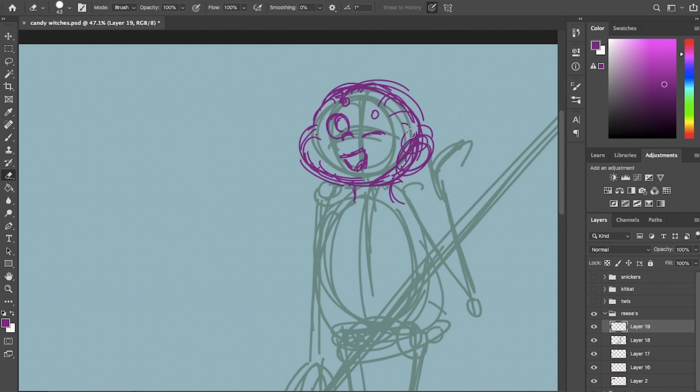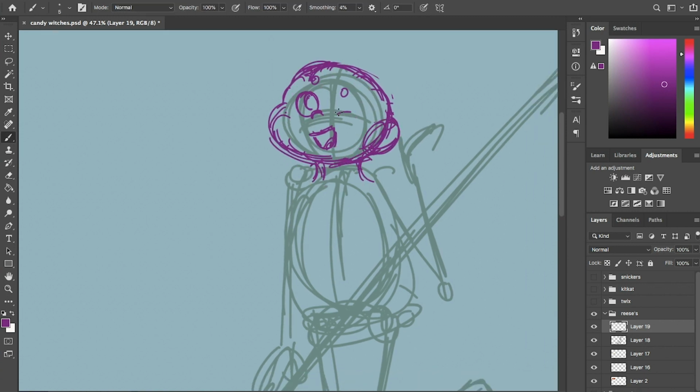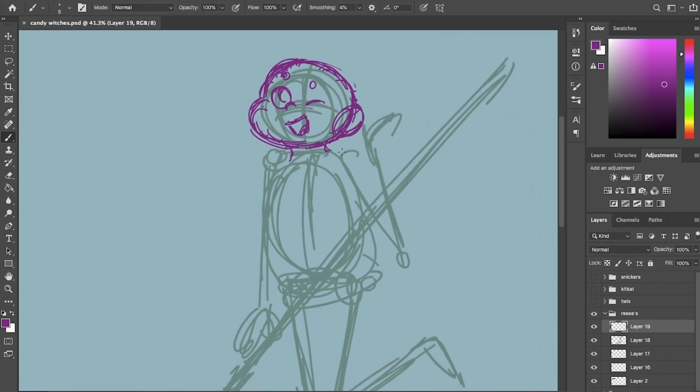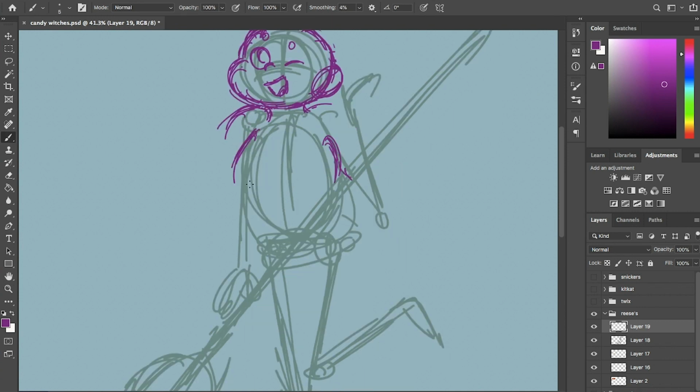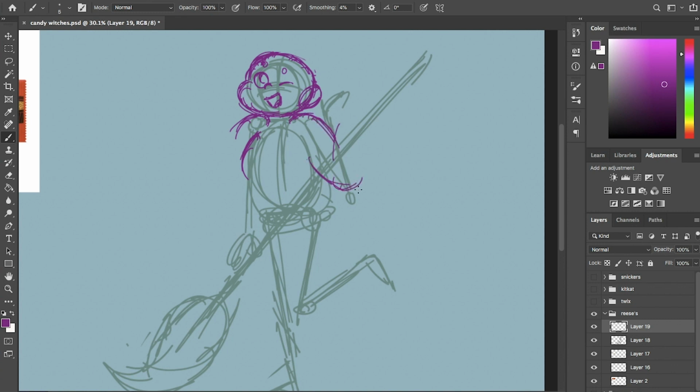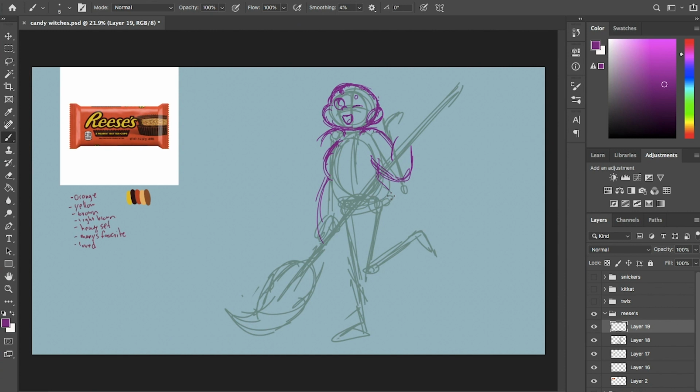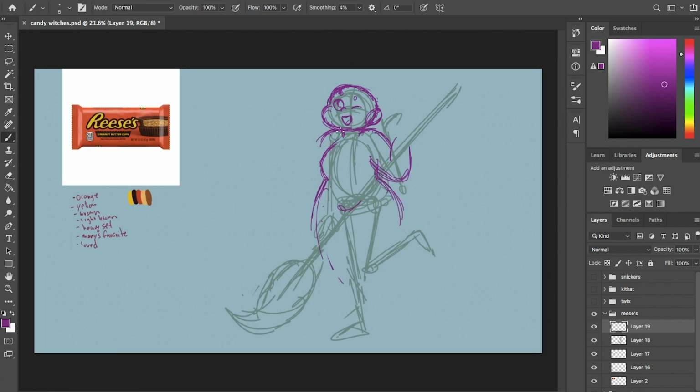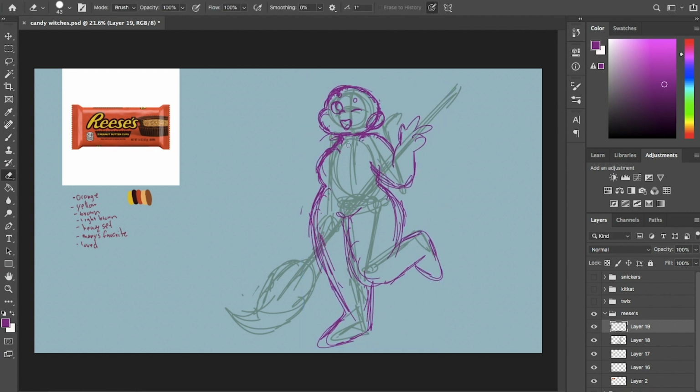So I then came up with a pose for a character like that, who would be a very charming kind of character that everybody loves. They have a lot of fans. I decided to make this character a lot wider than the other character, since peanut butter cups are very round. So I thought making this character on the rounder side would fit the look of a peanut butter cup. So like before, I just sketch out the body and a little pose,